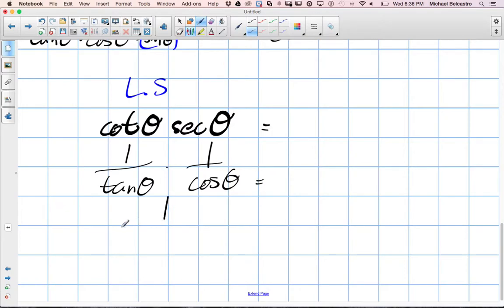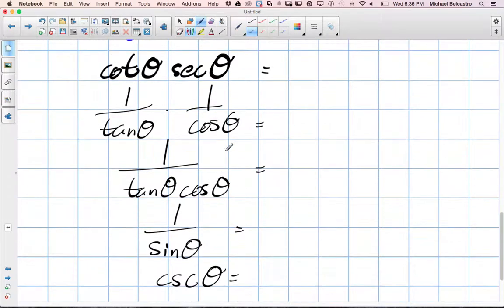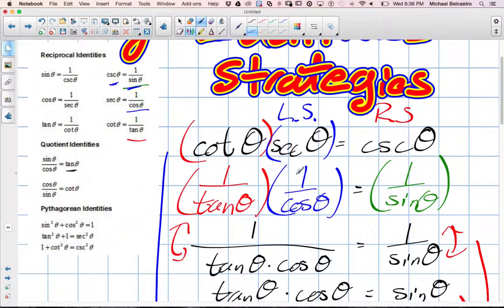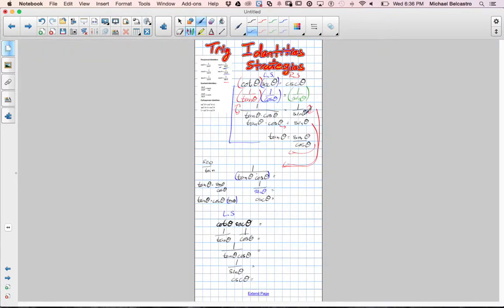We multiplied the two. 1 over tan theta times cos theta. Okay. We figured out that cos times tan is actually the same as sine, so we can just replace it with sine theta. And then we know 1 over sine theta is equal to cosecant theta. And lo and behold, we've now only used the left side, even though when we started this, well, we didn't really know where to go, so we had to use some information on the right. Okay. So though they may tell you don't work on both sides, it's fine to do it. Just in the very end, when you supply your answer, just bring that information down to make it a much longer looking row. Does that